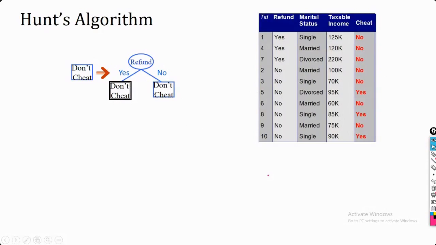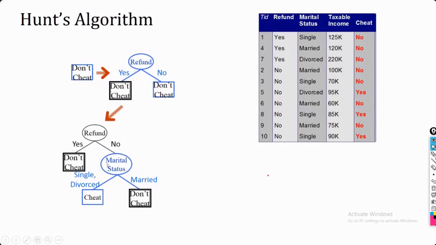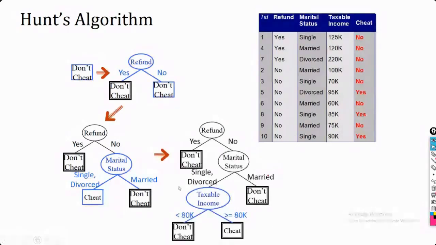So that's why we are going to have the don't change. Next, again, suppose I'm selecting marital status as my next attribute. Based upon that marital status, suppose I'm taking single and divorced as one side, as one attribute value. The instances having these two values are going to go to that side, and the set of instances having only marital status married is going to be on the other side. This way your division of instances is going to be performed when we are using the decision tree.